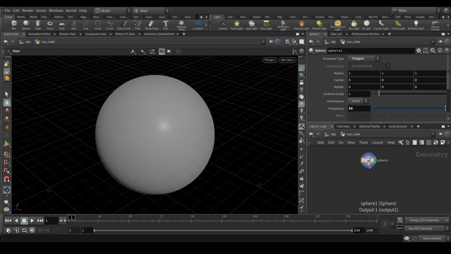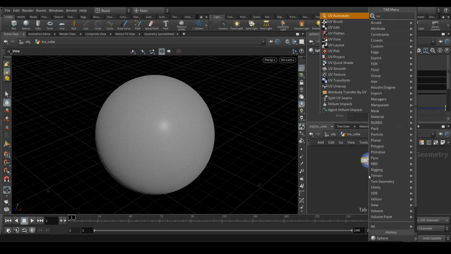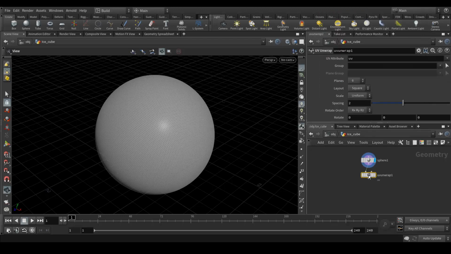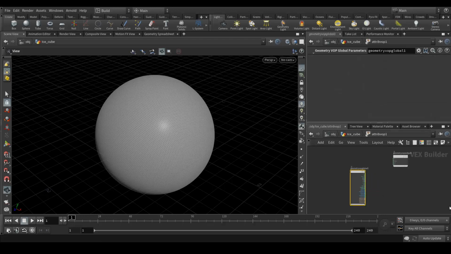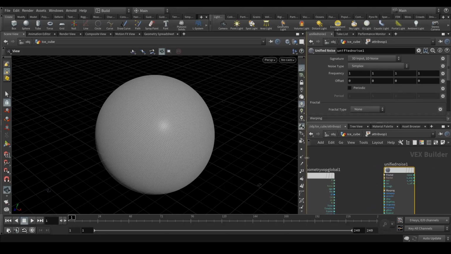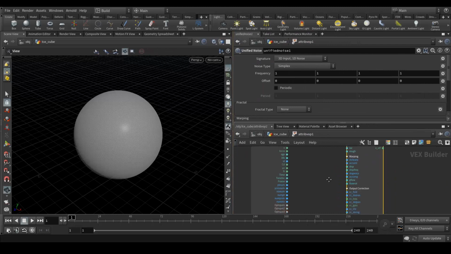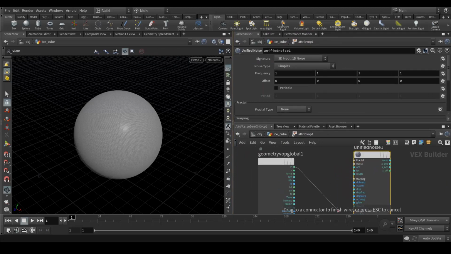After that we will add a UV node, because sometimes we forget that, so I always try to add a UV node first. Okay, so the UV node is created, and after that we'll create an attribute wrangle. The attribute wrangle is created, and let's jump into this. Here we need to create two nodes. First we will create the unified noise, and let's make it big. Connect your P to its position,